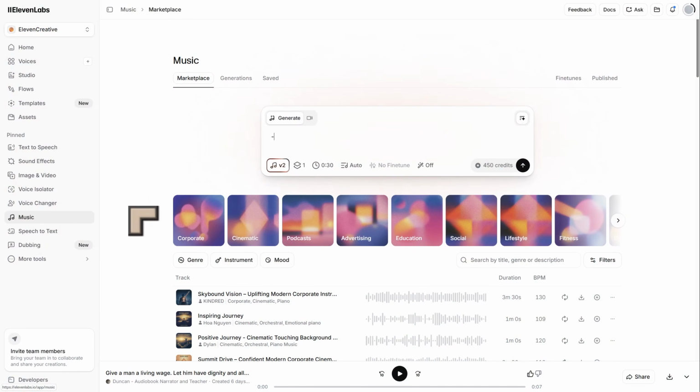Now, because it's fairly new, you want to go and kind of research it a little bit, because it's going